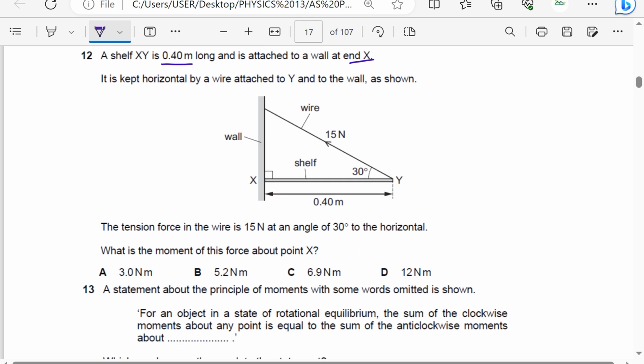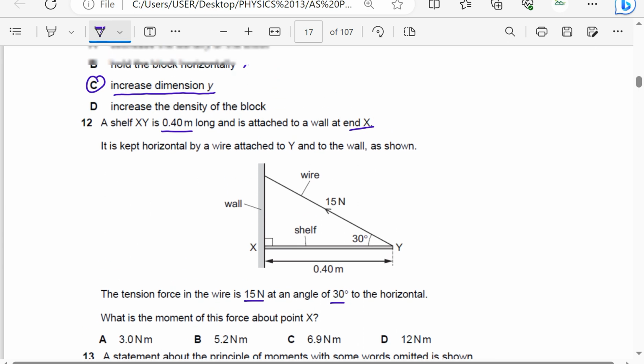The tension force in the wire is 15 newtons at an angle of 30 degrees to the horizontal. What is the moment of this force about point X? We want the moment of the tension about point X. Okay, so the easiest way to do this, instead of looking for perpendicular distance, I will just resolve 15 newtons